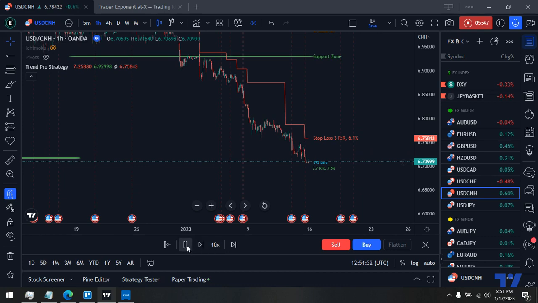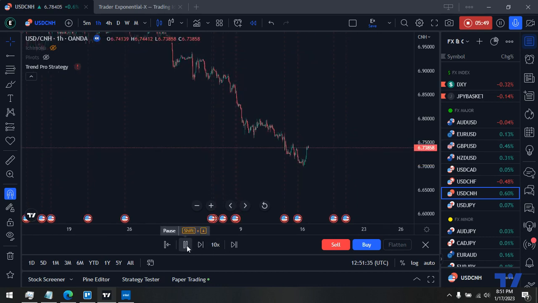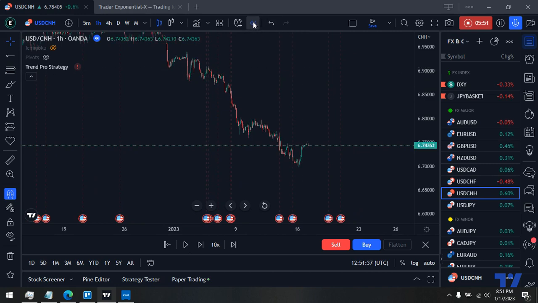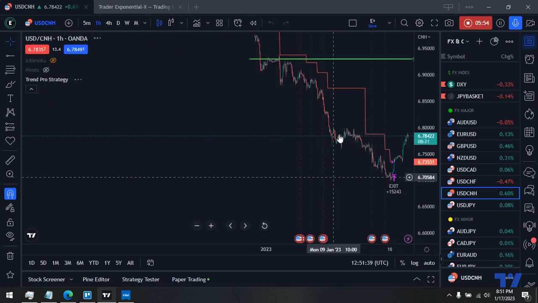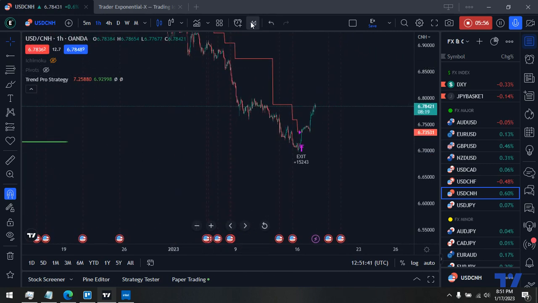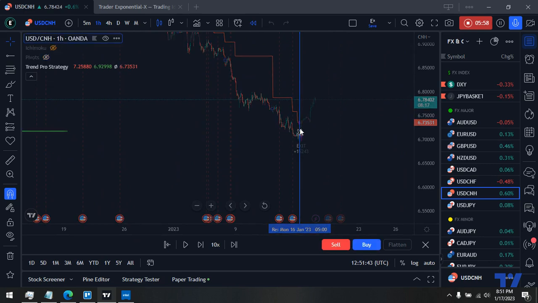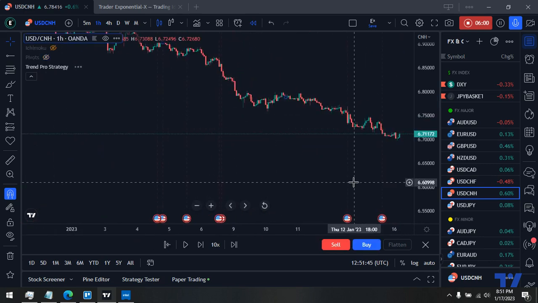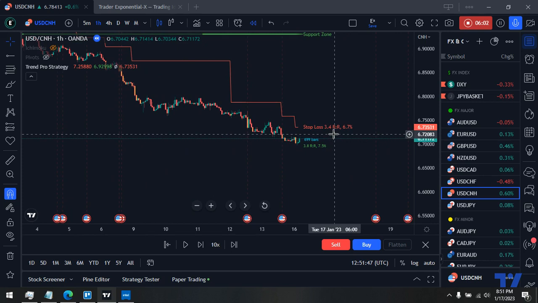If we move a bit further, that's about a 3.4. Just about here. Let's check it. Okay, right here before we got stopped out. This was about 3.4 reward to risk. Okay, so it's a great way to visually kind of monitor your trade. So that's about it. Now let's go about